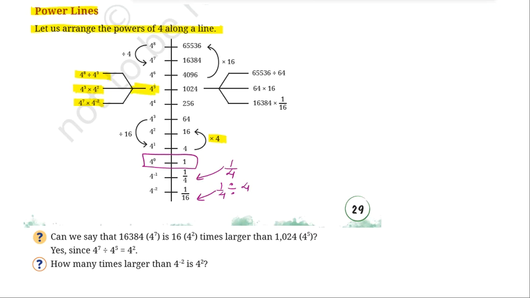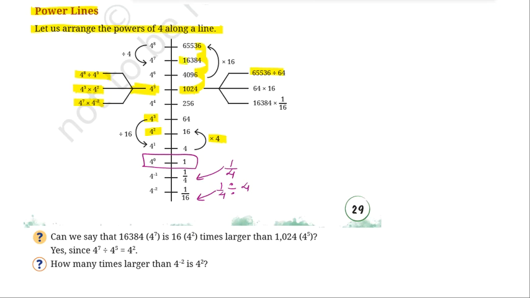Now on the right hand side, यहाँ पे क्या है, division दिया है. So 65,536, जब आपने इसको डिवाइड किया 64 से, तो आप कितने पावर्स शिफ्ट हो जाओगे, 4 to the power of 3 होता है 64, तो आप 3 पावर्स नीचे शिफ्ट हो जाओगे, राइट। सो 1, 1, 2 and 3, so you get 1024. जब आपने 64 into 16 किया, मतलब 4 to the power of 3 और 4 to the power of 2 को मल्टीप्लाई किया, तब भी आपको 4 to the power of 5 मिलेगा, राइट।